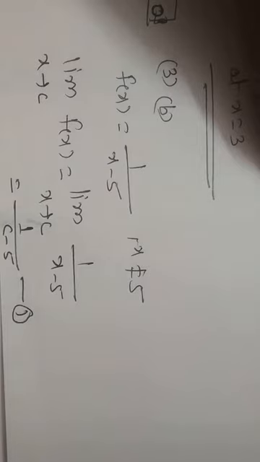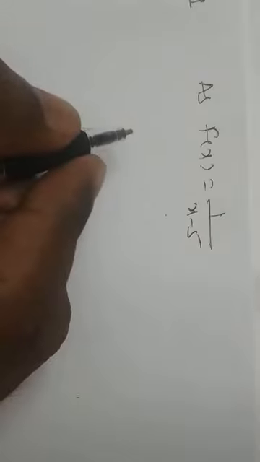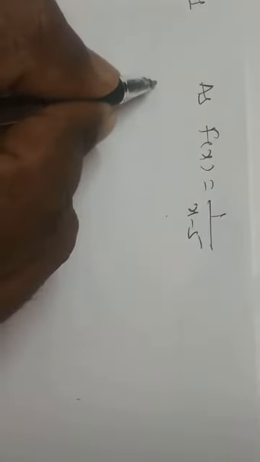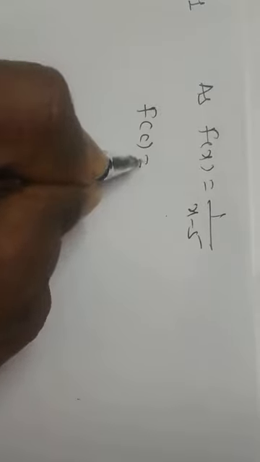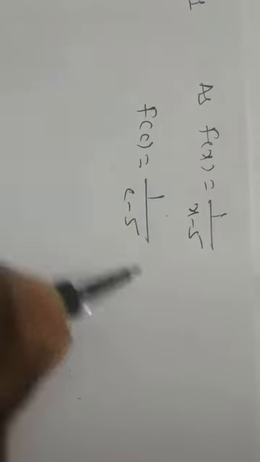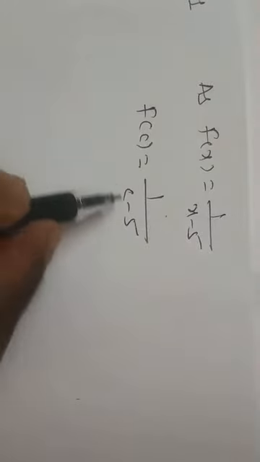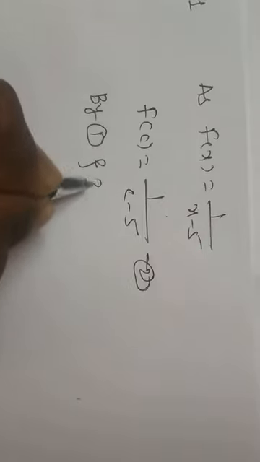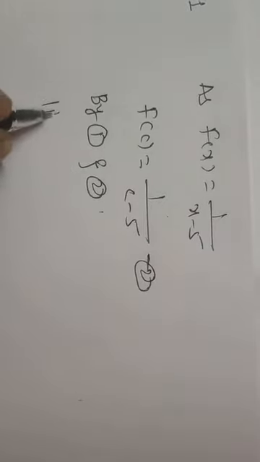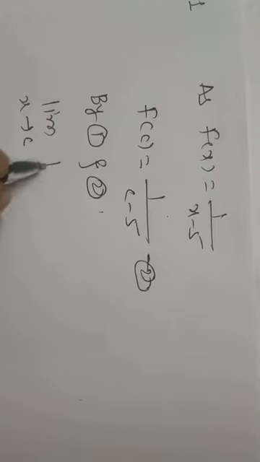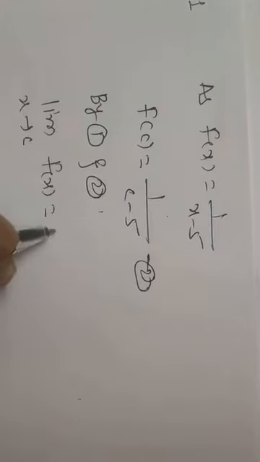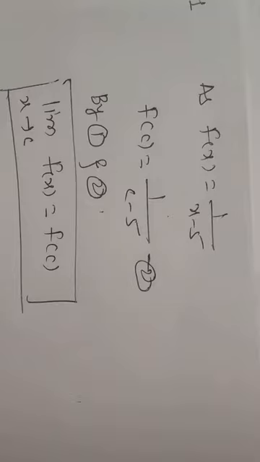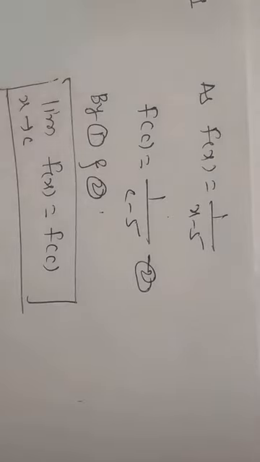Now put f of c, as f of x equals 1 upon x minus 5. Then x equals c, replace, so f of c equals 1 upon c minus 5, because we are replacing with c. Just check it, equation number 2. By 1 and 2, we say that limit x tends to c, f of x equals f of c. And then we say that the function is continuous